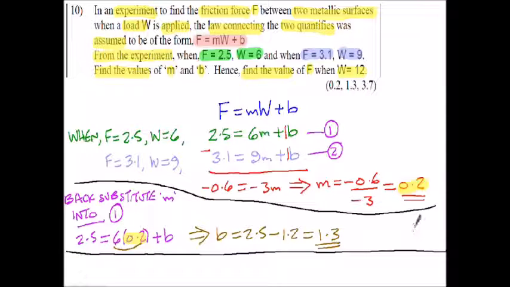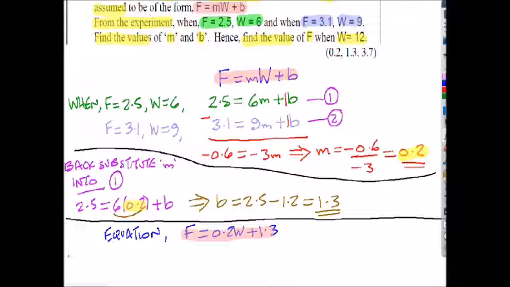And this question also wants us now to use the equation. We now have the equation for F equals mW plus b. F is equal to the m, which we found is 0.2, so 0.2W, and then we add to that the b, and the b in this case is 1.3. So there's the equation we were asked to find. So this equation here has now been solved here, noting that the m is equal to 0.2 and b is equal to 1.3. And finally we're asked to use the equation to find